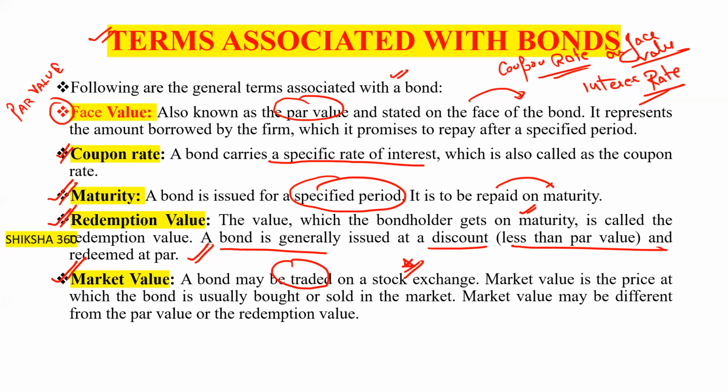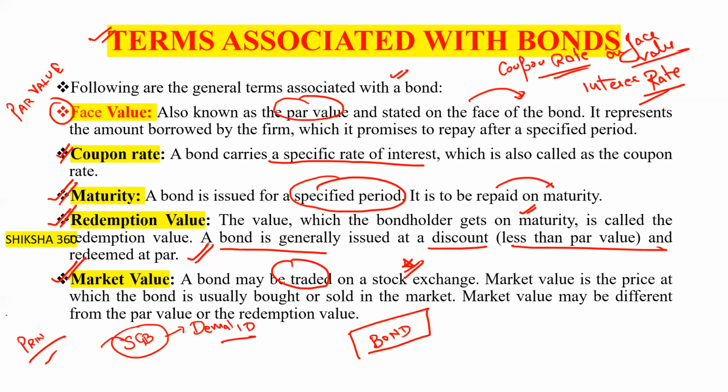Market value may be different from the par value or the redemption value. We can take the example of a sovereign gold bond. You are purchasing the bond on the basis of the average gold rate of the last 3 days, as per the bullion market. While purchasing the sovereign gold bond, there are two conditions. Either you put your demat ID so that the gold bond shows in your demat account,